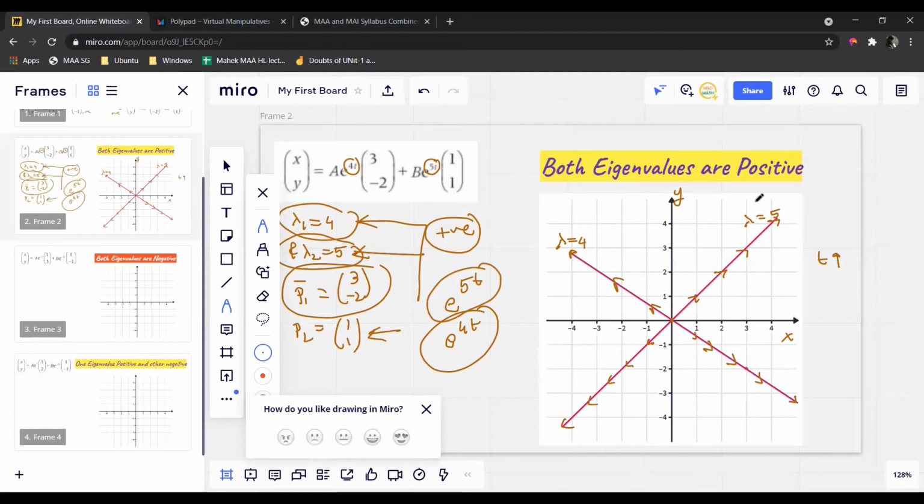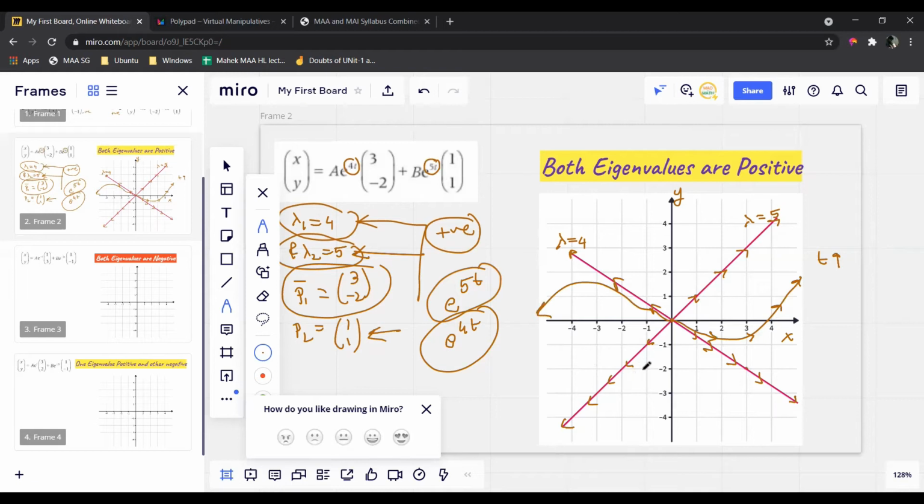Let's start from the origin, and we can start drawing it. You can see lambda equals 5 corresponds to here, lambda equals 4 is here. So how will I draw? I have to start from one vector and go towards the other vector. So I will start from here. I can come parallel to this and then like this. You can observe that I moved parallel to lambda equals 4, and then moved towards lambda equals 5. Similarly, you can draw it over here also in this region.